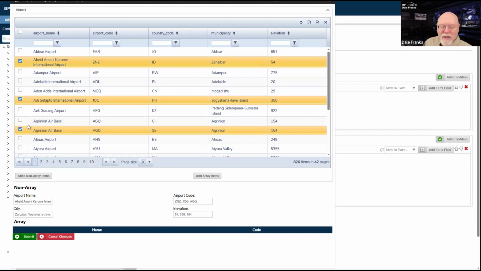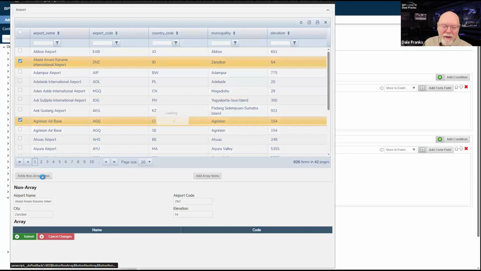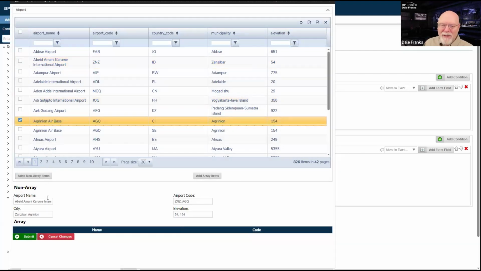So there is no setting to only select one item. So if you are going to set something to non-array items, then you do need to just pick one item instead of 2. Sorry, I picked 2, so that I get just one item in a non-array field.